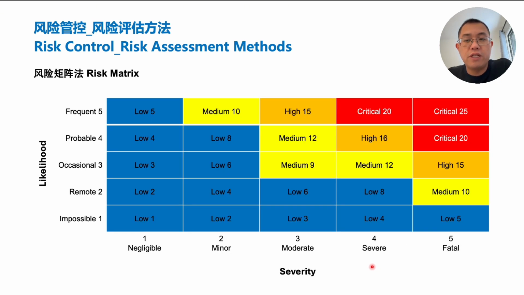After determining the likelihood level and the severity level, we use a 5x5 matrix to calculate the overall risk rating. And the method itself is very simple and practical. It is also important to note that there is no universally fixed standard for defining risk categories in the matrix. And different organizations can set their own thresholds according to their risk tolerance and management needs. For example, one company may define a score of 16 as a critical risk, while another company may classify a score of 8 as a medium risk. So these definitions are